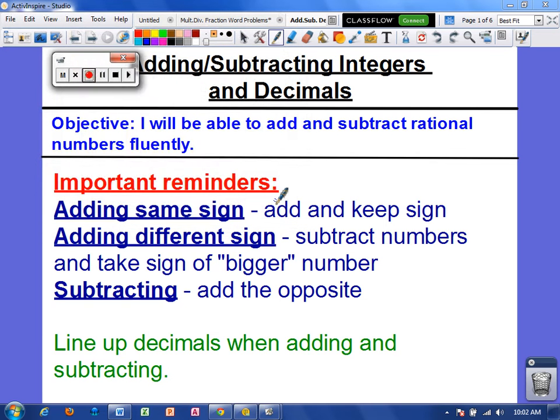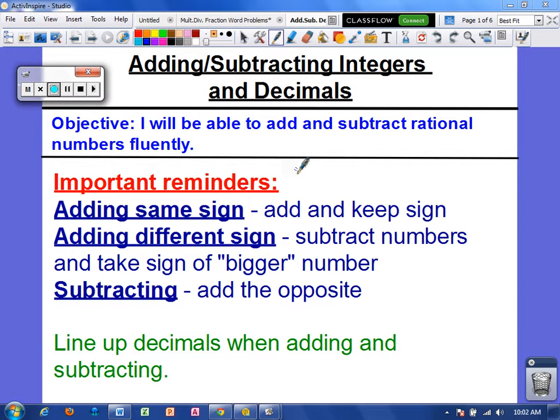Hey everyone! Today we are going to be talking about how to add and subtract decimals. Make sure you write down everything you see on the screen that's not already in your notes. Your objective for today: I will be able to add and subtract rational numbers fluently, and specifically we're focusing on